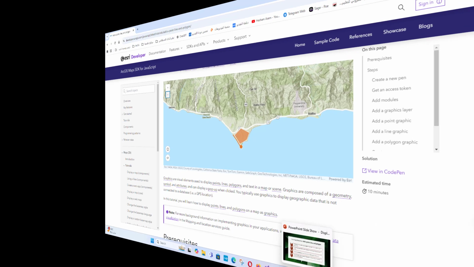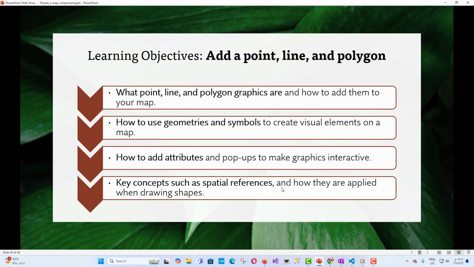Learning objectives. By the end of this tutorial, you will learn what point, line, and polygon graphics are and how to add them to your map, how to use geometries and symbols to create visual elements on a map, how to add attributes and pop-ups to make graphics interactive, and key concepts such as spatial references and how they are applied